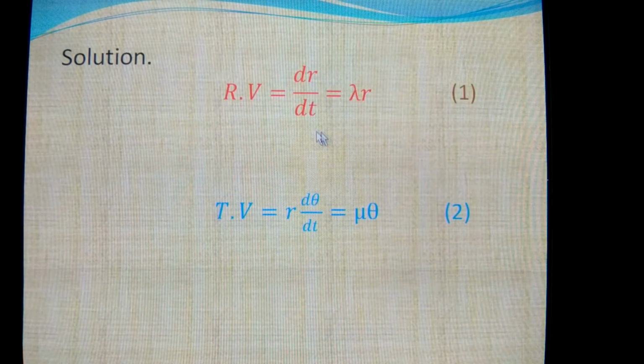Now first write the given equation. Radial velocity is equal to dr by dt, which is given as lambda r. Call this equation as